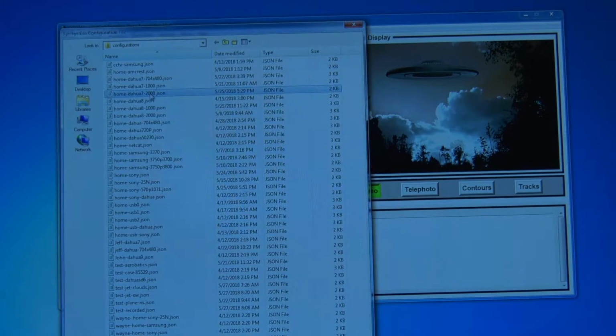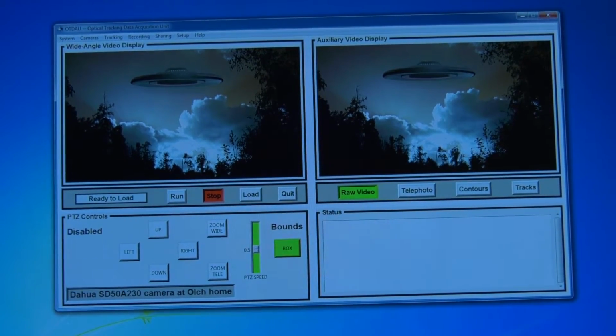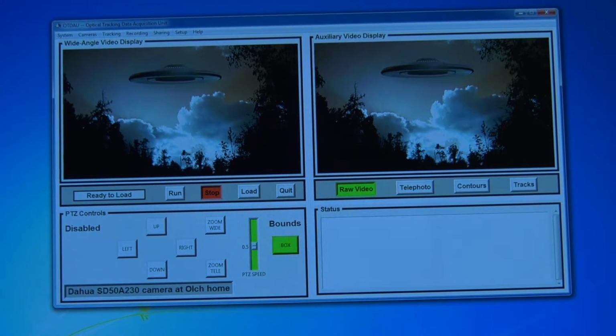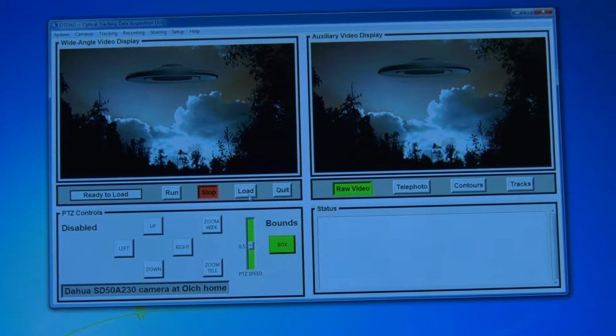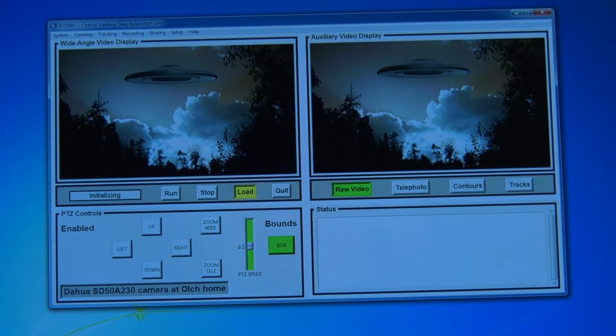Let's see, that would be this one. So this takes about a minute to get ready, and after I selected that, I can load it.